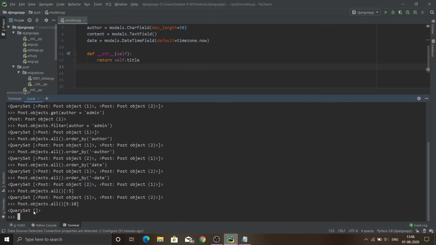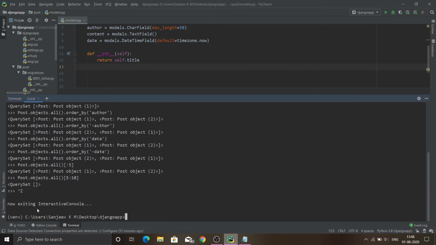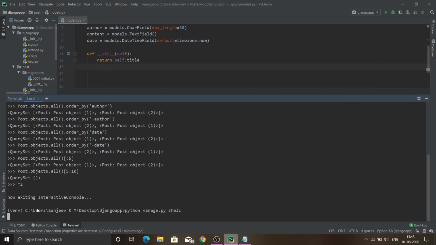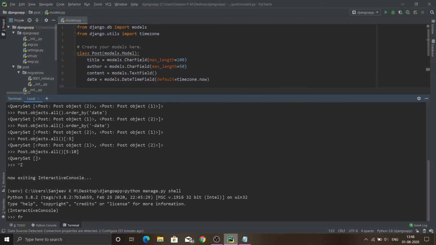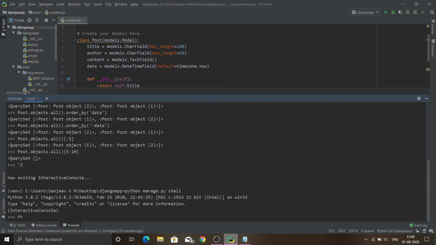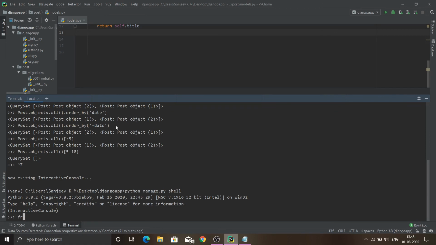So let me restart this interactive console and import this model from the models.py file, from the post application, importing our Post model.